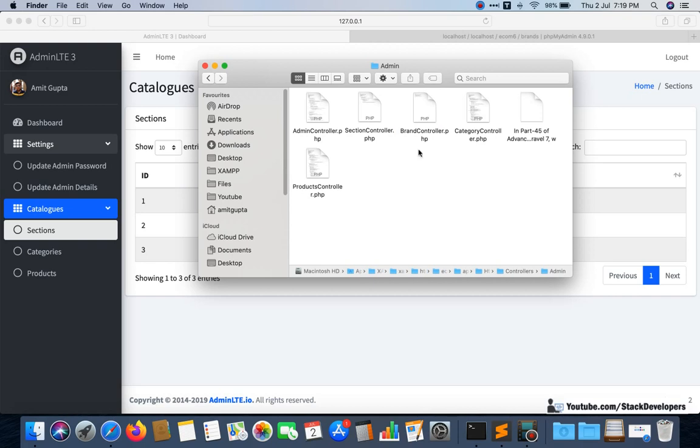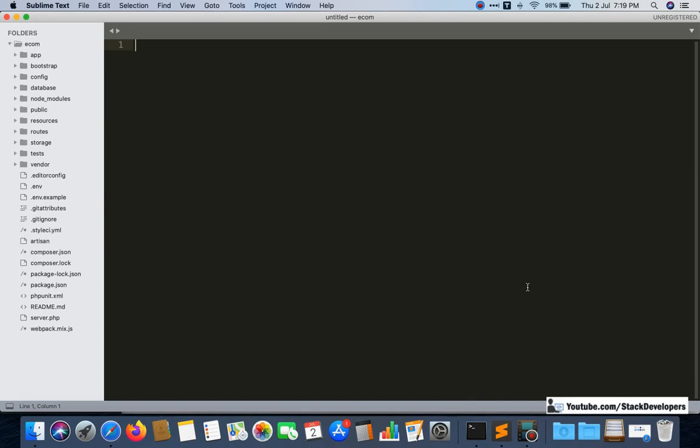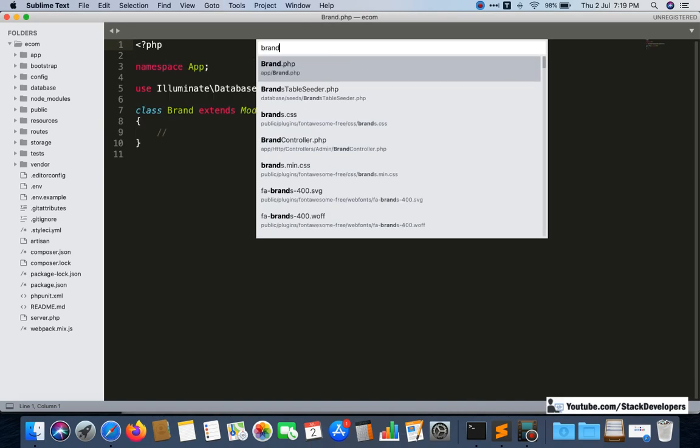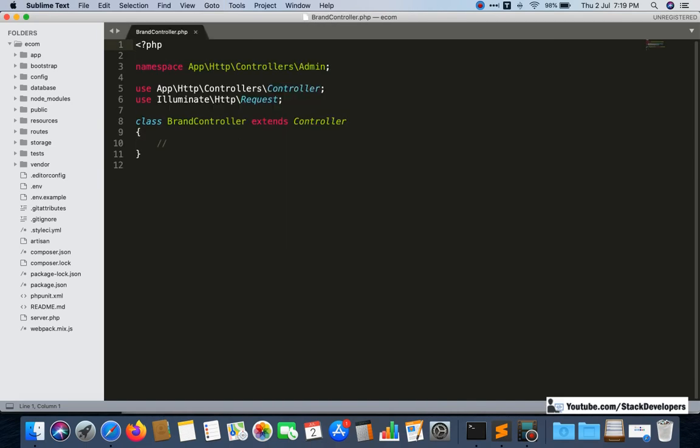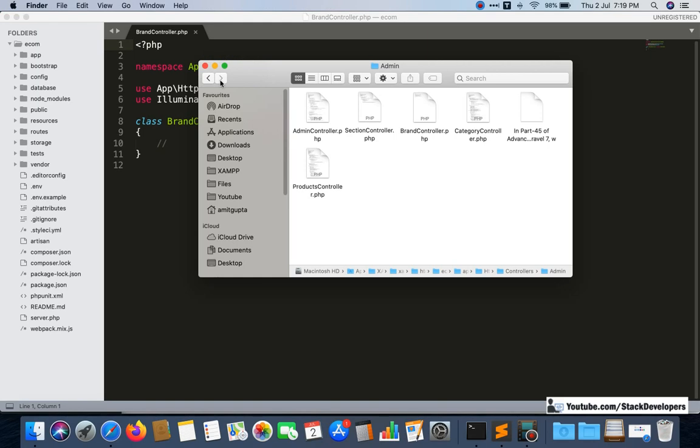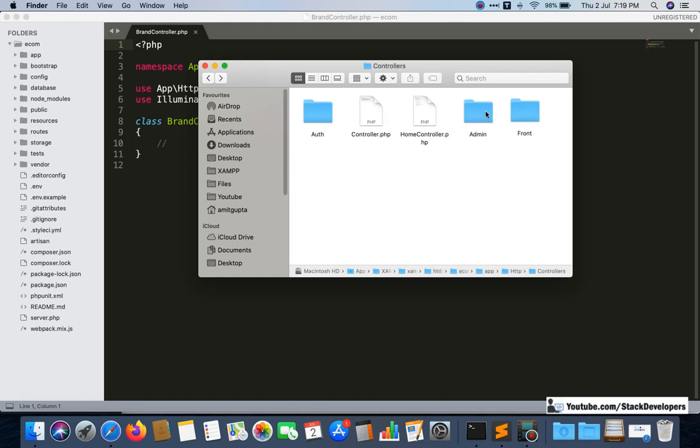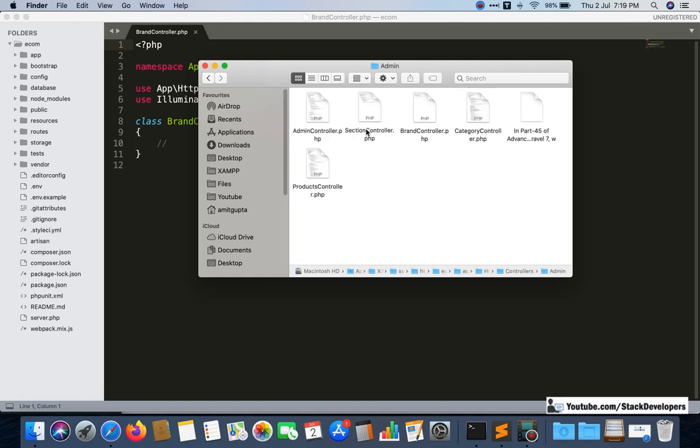The brand controller is located in admin itself, so it is fine. I thought we had added the brand controller outside the admin controller folder, but it is not there; it is inside the admin folder. You can see this other thing here; we can remove it, from part 45. I don't know what this one is at all, so we can remove it.